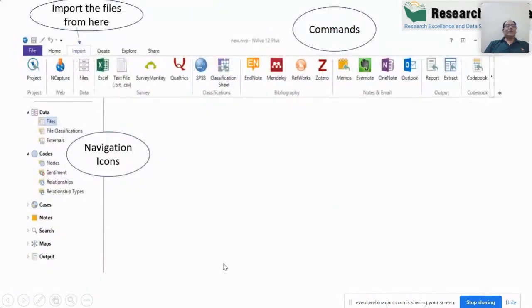When you enter the software, you can see the different commands mentioned in the first row, and you can import the files from here, and these are the different navigations which we can make.